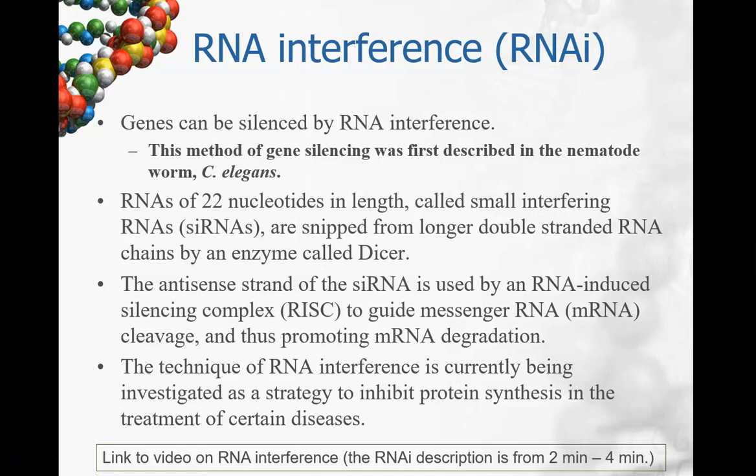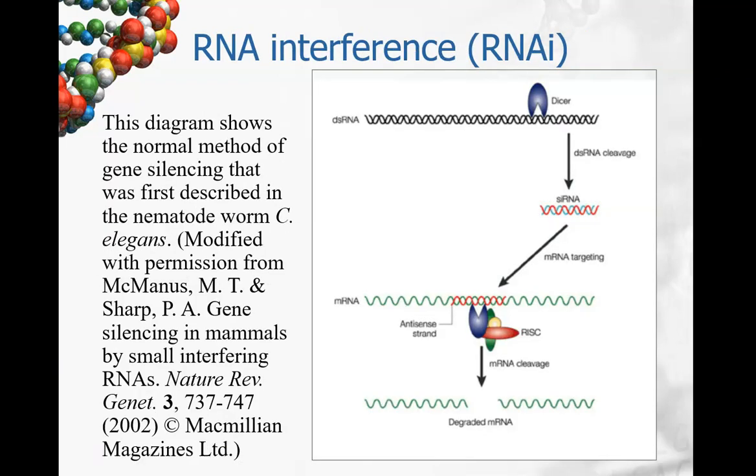So I decided to stop the video there because it goes on to talk about other types of RNA regulation. But I think you can see in the video how you can use RNA interference for gene regulation, but you can also manipulate this in terms of using drugs to inhibit protein synthesis. So here's another picture right here. So this shows the gene silencing. So we have our double-stranded RNA that was shown in the video, and then we have this cleavage into these small